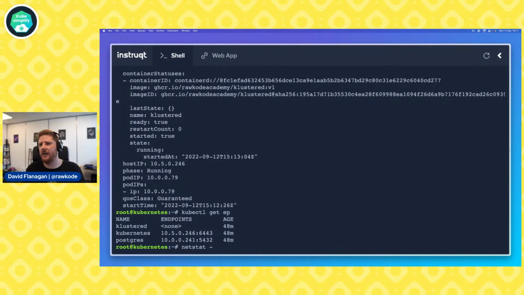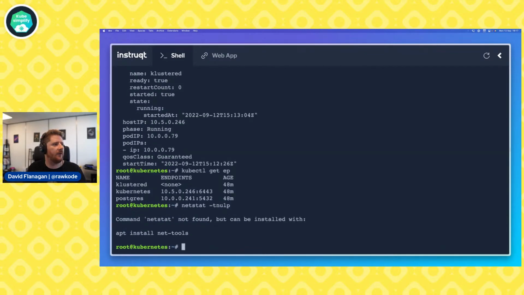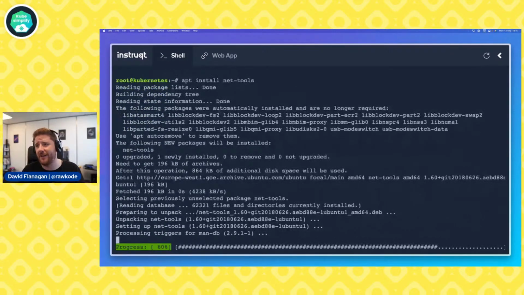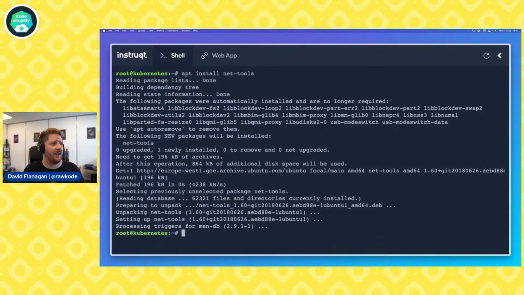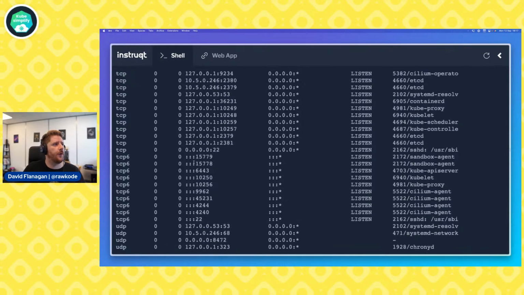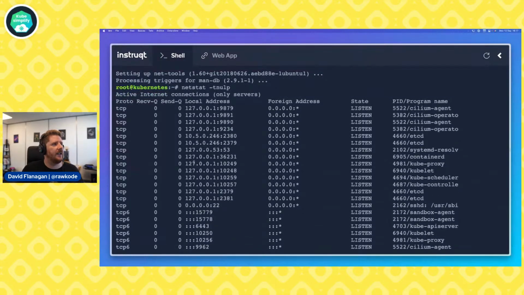So you could say, well, let's run that. Oh, and you will have to install it. But there is an easier way. In fact, there are a couple of ways to do this. There are a couple of fun ways and a couple of other ways. But we could run netstat and we could go through all these ports and see if we see what we need to see. Do I see what I need to see?